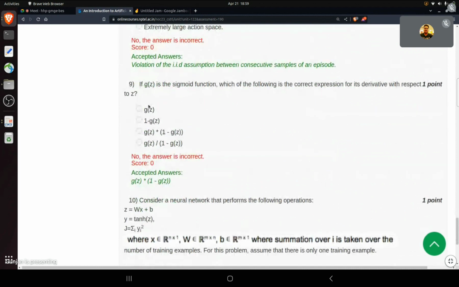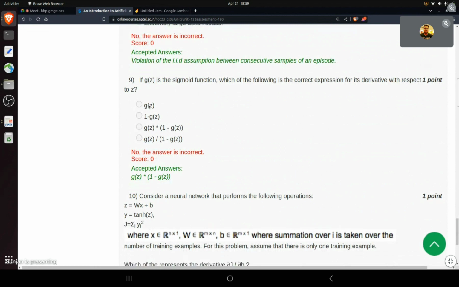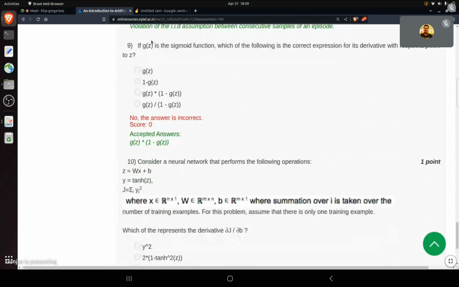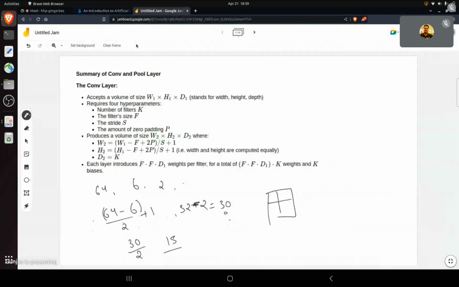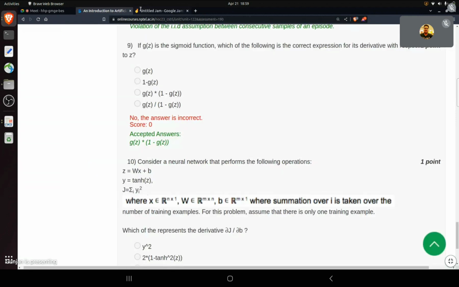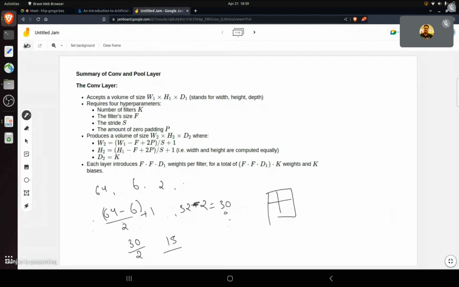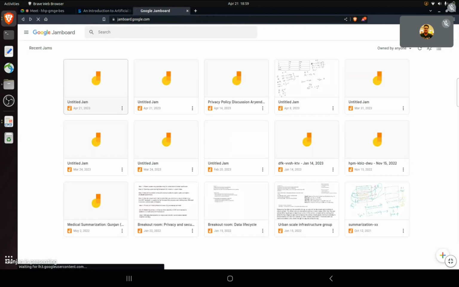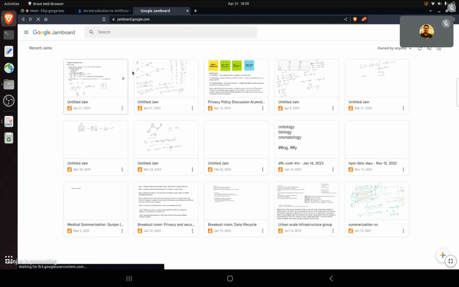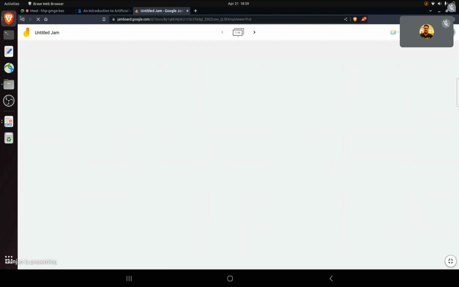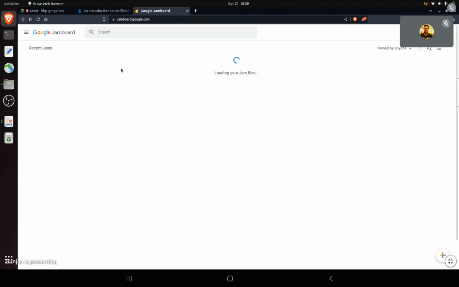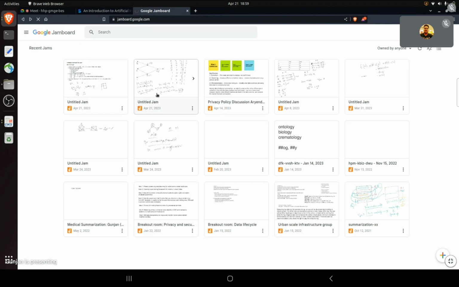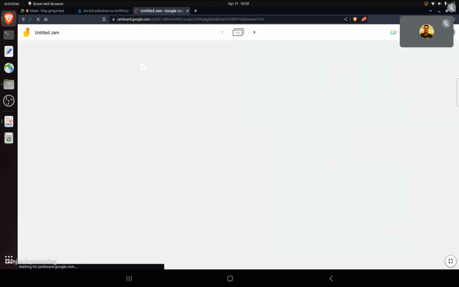If g of z is a sigmoid function, what is the correct expression for its derivative? That's a good question. But I think you guys already know that. So let me just see. Do you want me to solve this one? I mean, it's fine. I can just quickly go over that. I hope it would not be that painstaking, and I have not done calculus in a very long time. So yeah,